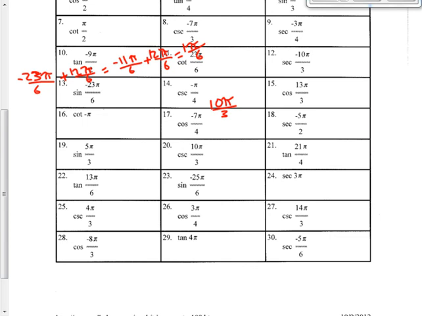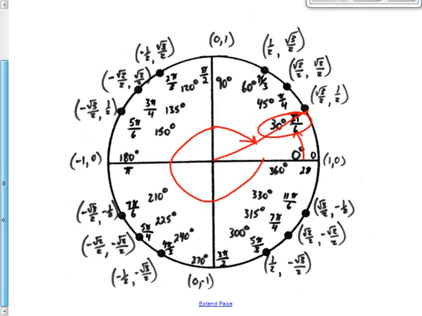I've got more than 2 pi, so I want to subtract 2 pi from this. So that gives me, when I get a common denominator, 6 pi over 3, which gives me 4 pi over 3. If you wanted to, you could subtract another 2 pi. That gets you into negatives. I would think that this is where you're probably going to stop. 4 pi over 3, when I come on the unit circle here, gets me down here at 240 degrees